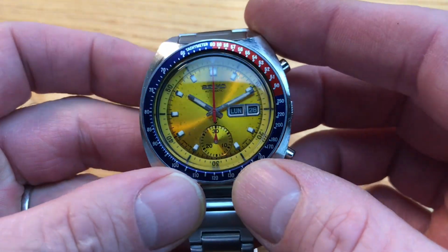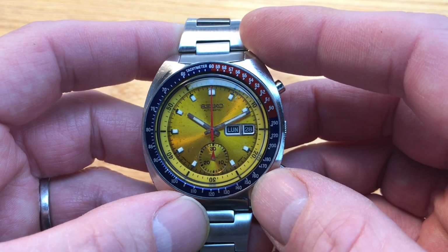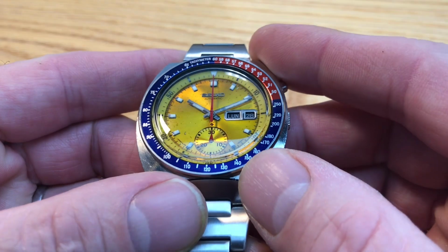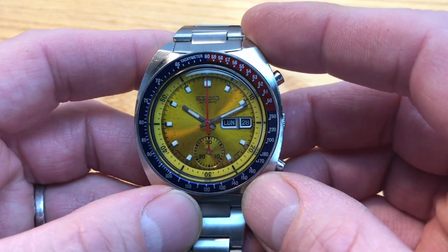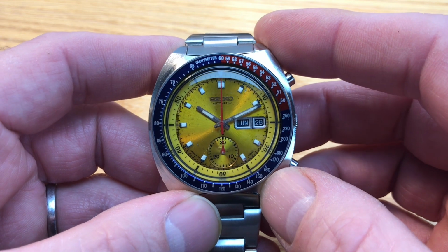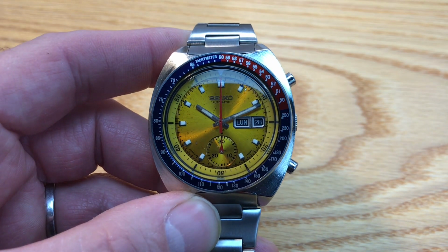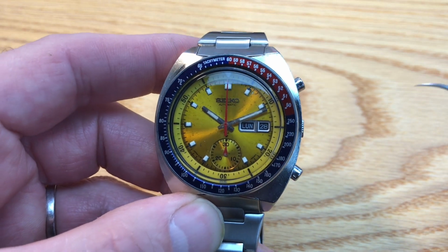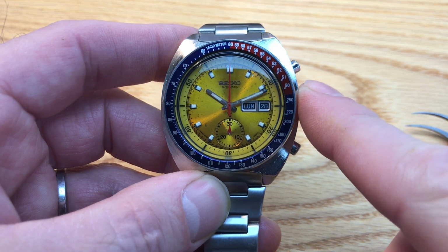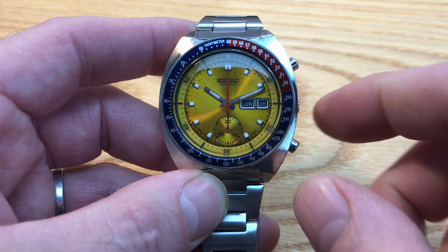Okay, so this is my 1974 6139-6005 automatic chronograph. To many who are watching this, you might want to call this a Pogue, and you're more than welcome to do that. I don't necessarily want to call this a Pogue per se, but it is a Pogue-style Seiko chronograph. The Pogue was a 71-6005 with a resist text here and the jewel count, like this one